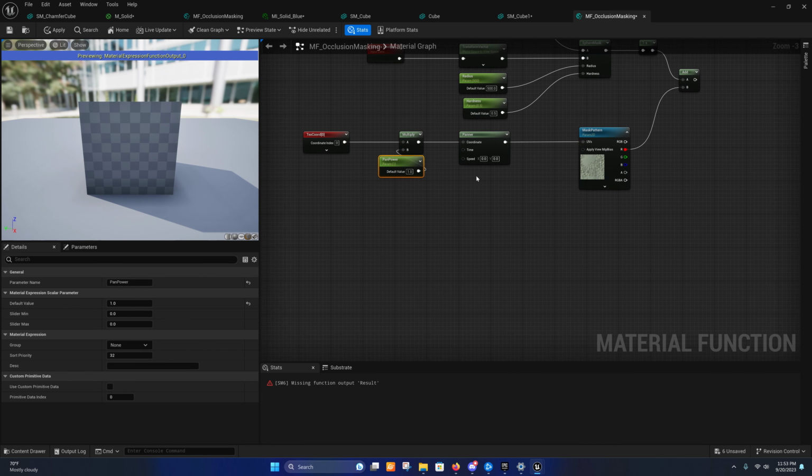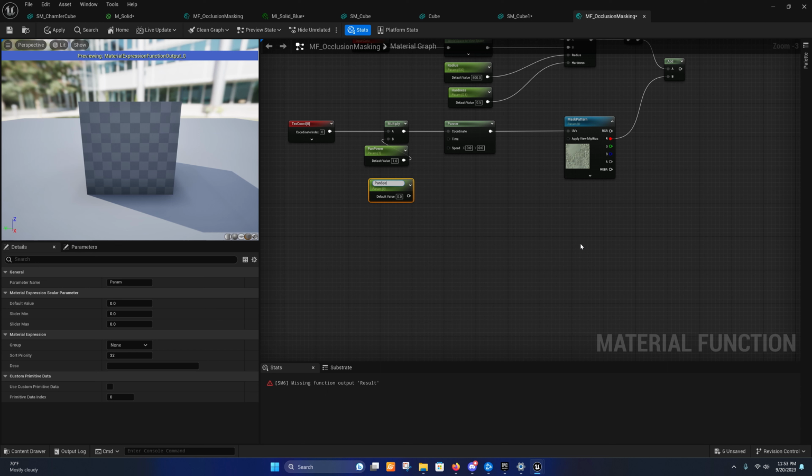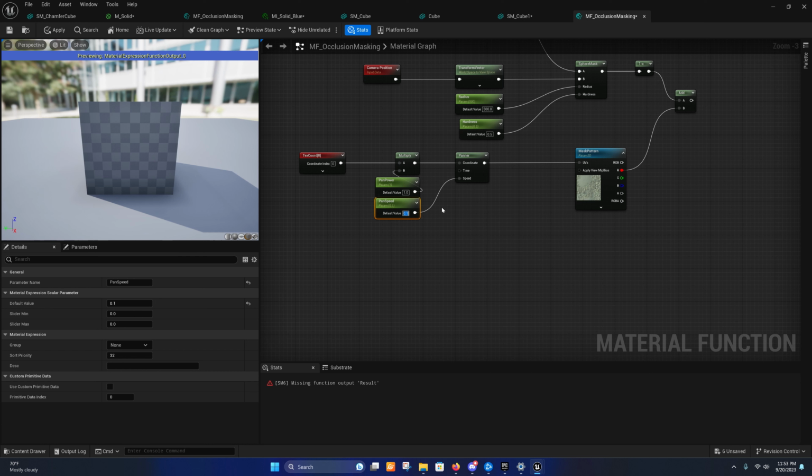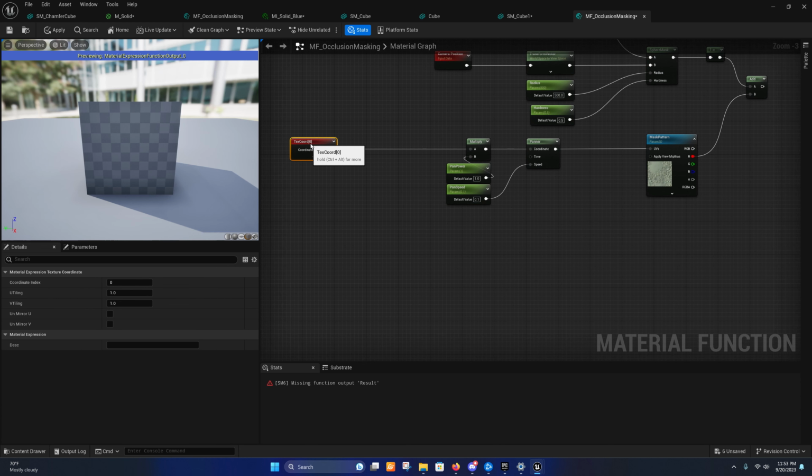Now for the speed, we'll get the pan speed, and again we're just making another scalar parameter, and we're plugging it into the speed. And 0.1 is fairly fast, but it'll probably work. If you want, you can turn the value up in order to slow it down. So we also want to be able to